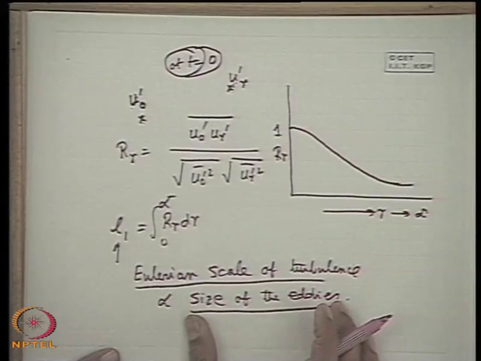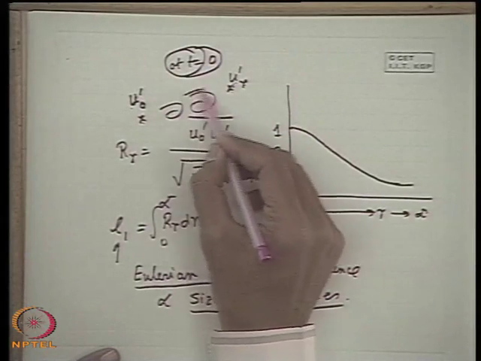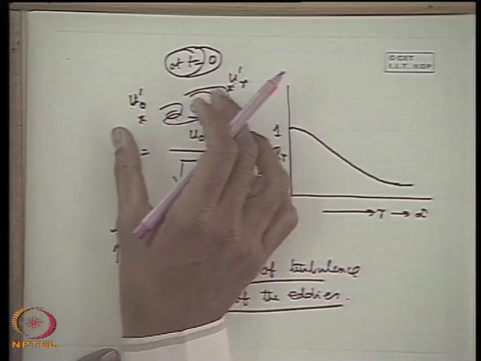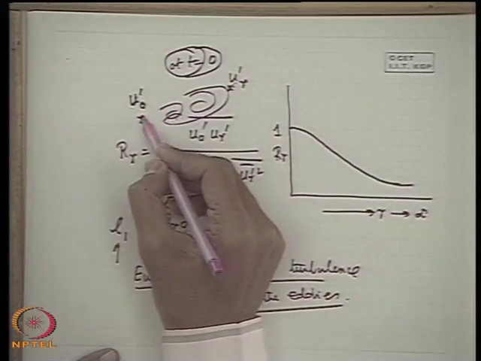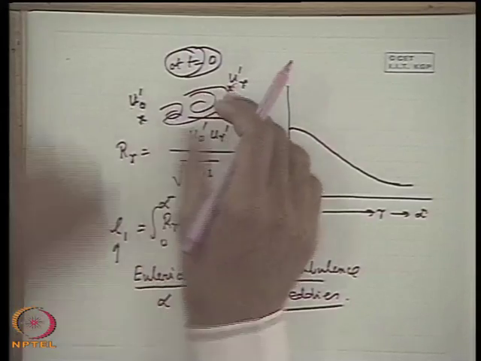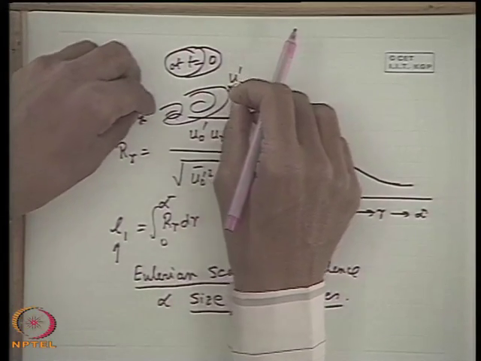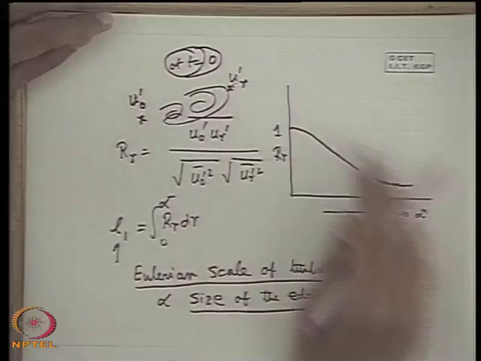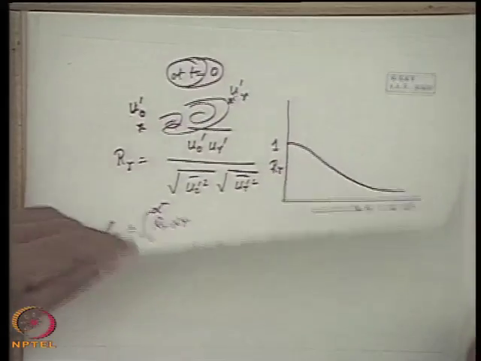They determine the size of the eddies, and it is the size of the eddies like this which determines the correlation between the fluctuating components at 2 points. That is the size of the eddy which connects the 2 points and makes the correlation of the fluctuating velocity components between the 2 points. Now therefore, in short, we can tell the turbulent flow is a flow where there are irregular fluctuations of velocity components in a random way in all the directions at any point with time. But this can be expressed as a mean velocity, a time invariant velocity, plus a fluctuating component.